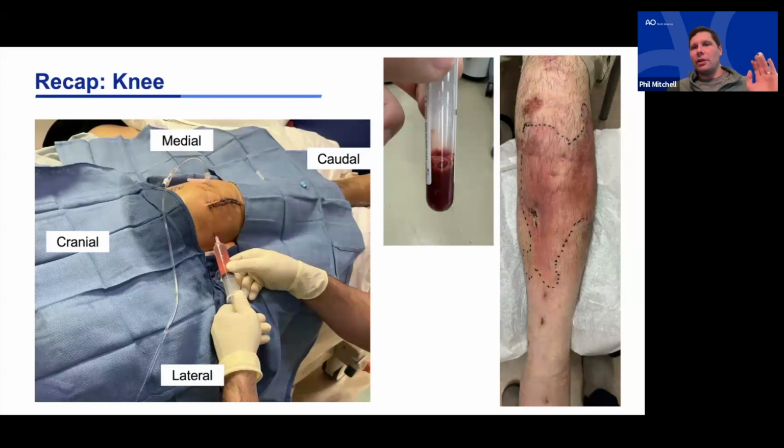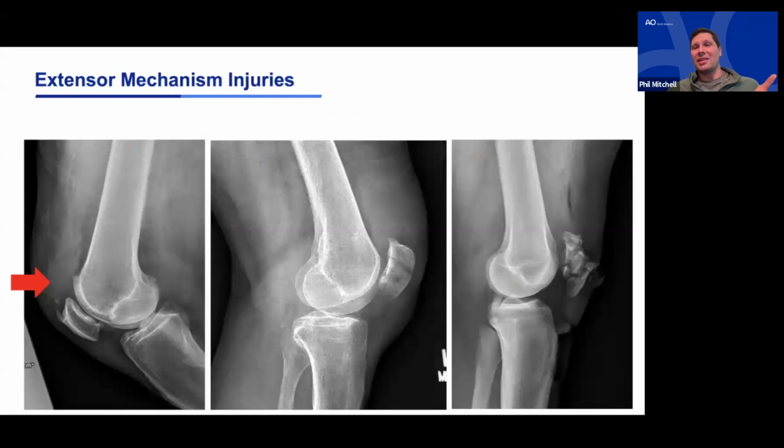Just to recap briefly, we've reviewed knee in the past 2 sessions. First, about infection, about how to aspirate knees, how to diagnose a knee infection. So if you want to know more about that, if you haven't seen those, session 8 I would recommend looking at that. And then last month, Taylor and the crew reviewed some knee injuries, some specific to the extensor mechanism here,